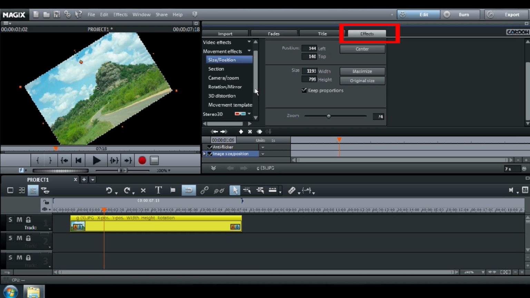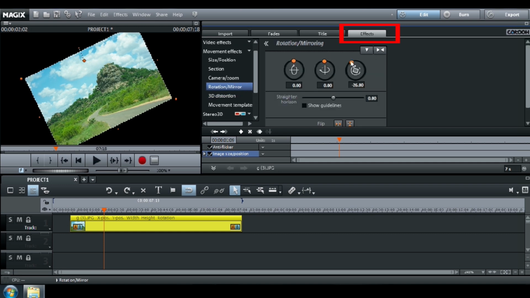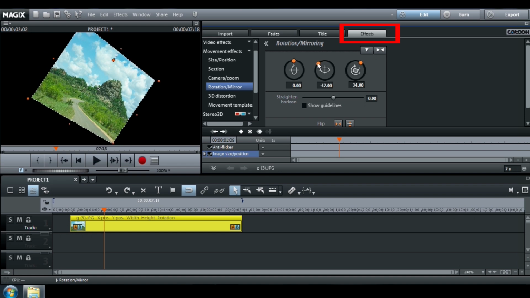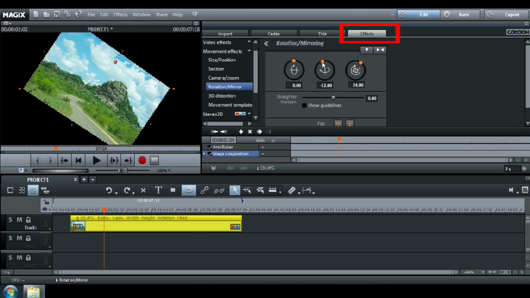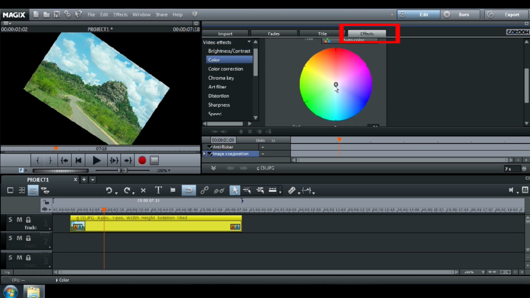Many options like 3D distortion or rotation are available. In the menu Video Effects, you will find how to change the color as well.